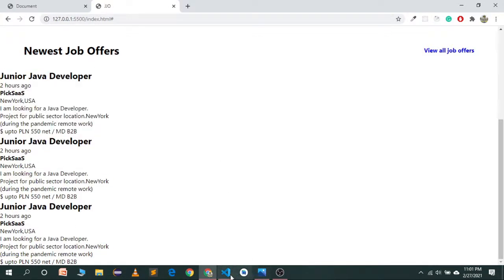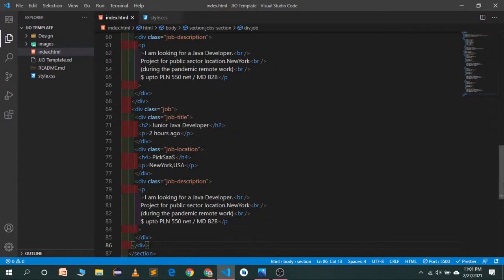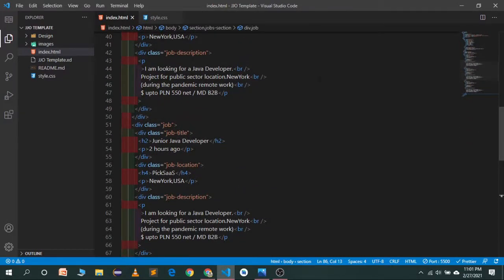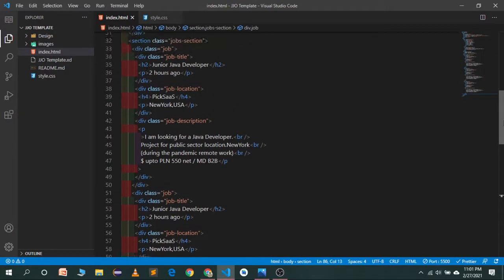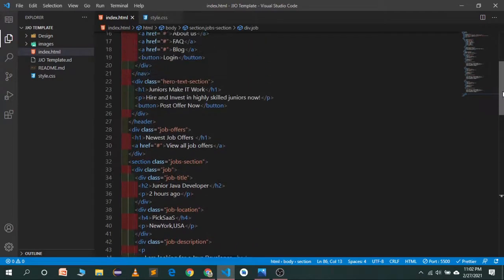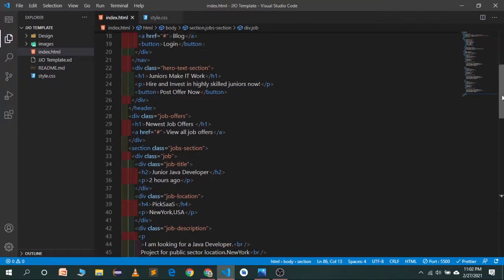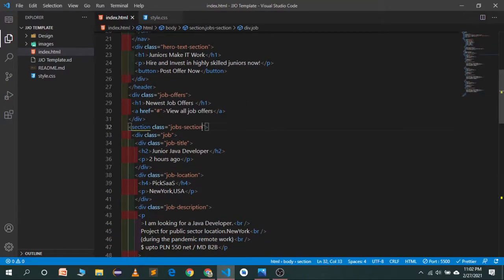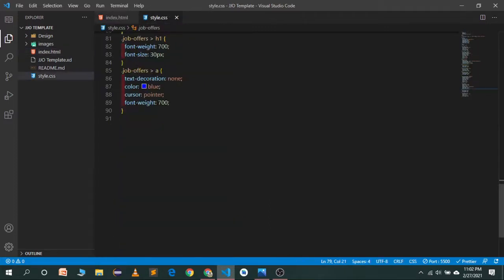So let's style it and go to our code editor, copy the class name of our job section. Let's see. So here it's a job section. Let's copy the class name, go to our style sheet, target the job section, give it a margin left of 4 rem, give it a margin right of 4 rem.